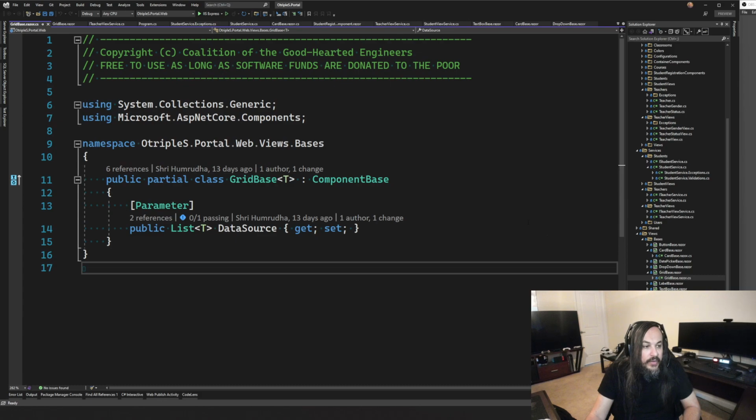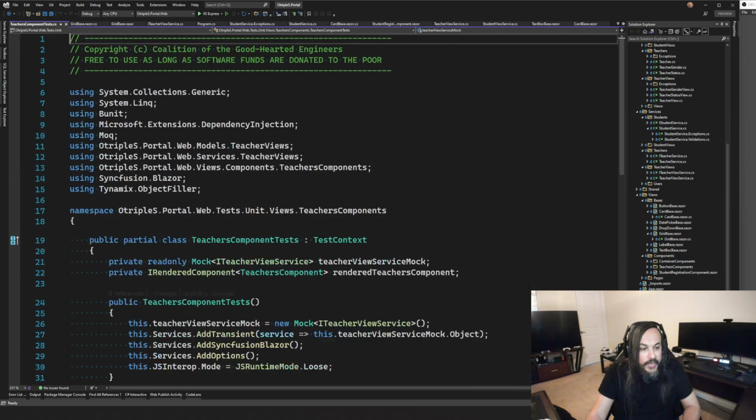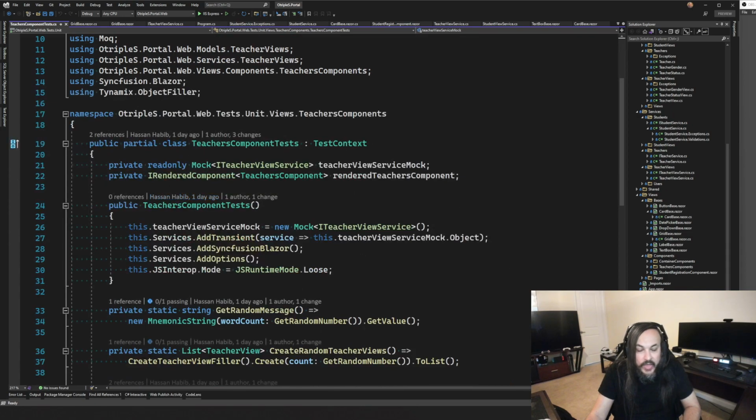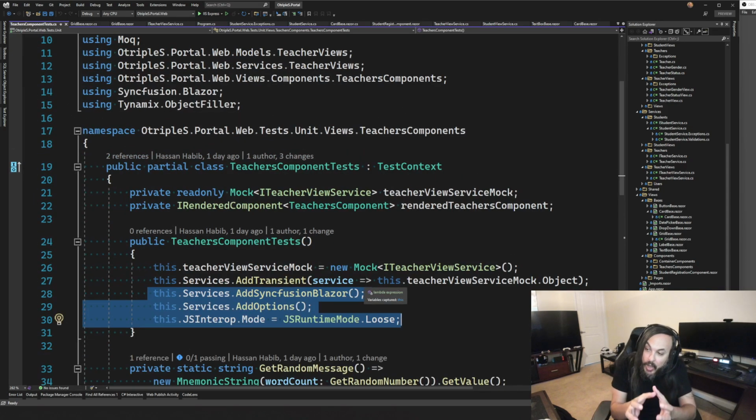Milan, and we were basically building a UI component for teacher view. So went up in here, and you can see here, this is a unit test for a component, but somehow Syncfusion leaked into my tests. Why is that? Because I'm not able to mock or stub that dependency, which is a huge problem when you're